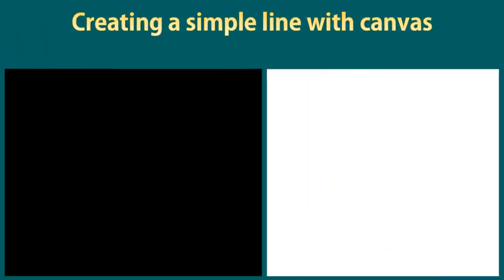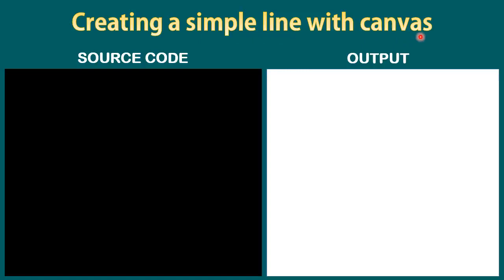From this place, we will be discussing various Canvas functions used to create different types of shapes. So this place will contain the source code. On the right side of the screen, we will see the output. In the first example, we will discuss how to create a simple line with the help of Canvas.